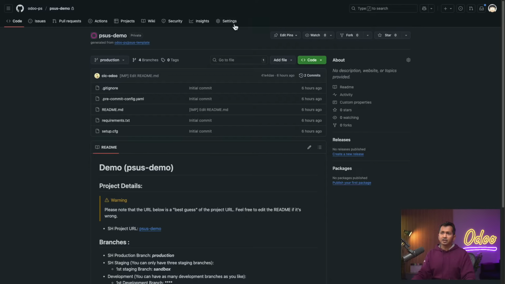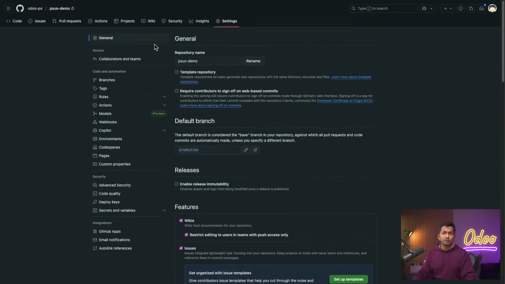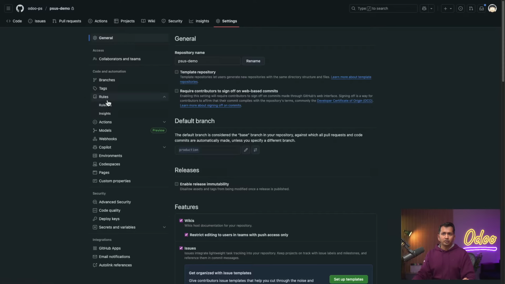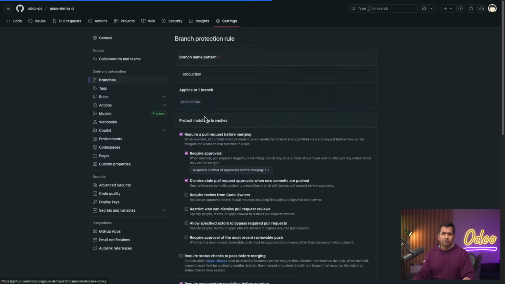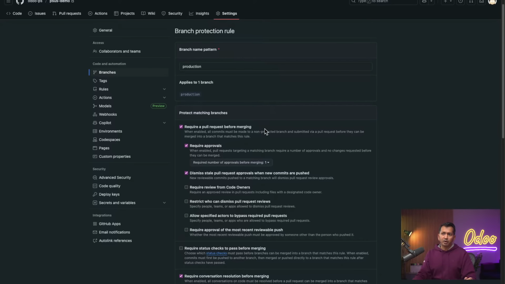When I say setting up security and rules around the GitHub branches, I'm referring to going to the GitHub settings, going into the branch rules and the rule set, or going to the branch and setting up the branch protection rules here. This is one of the important things that should be set up ahead of time for the success of the project. Some of the things that we set up at Odoo every time we implement a project are what you're looking at on the screen,